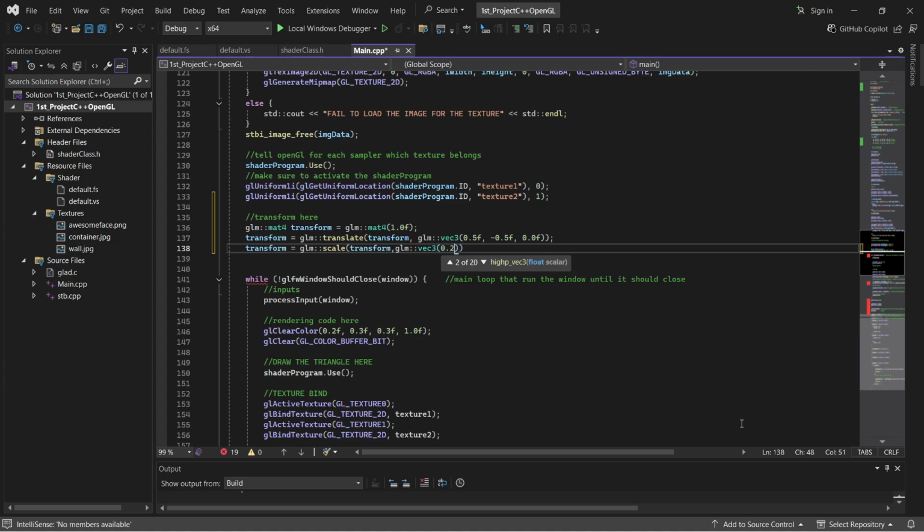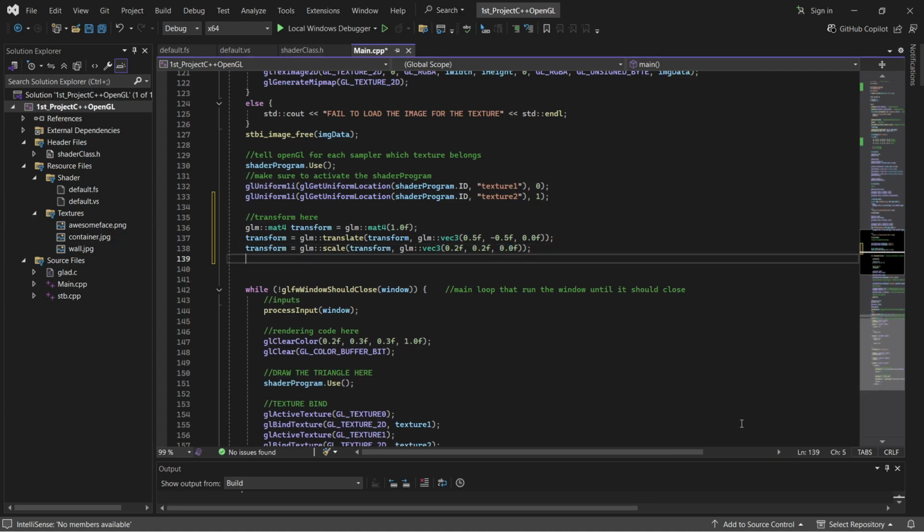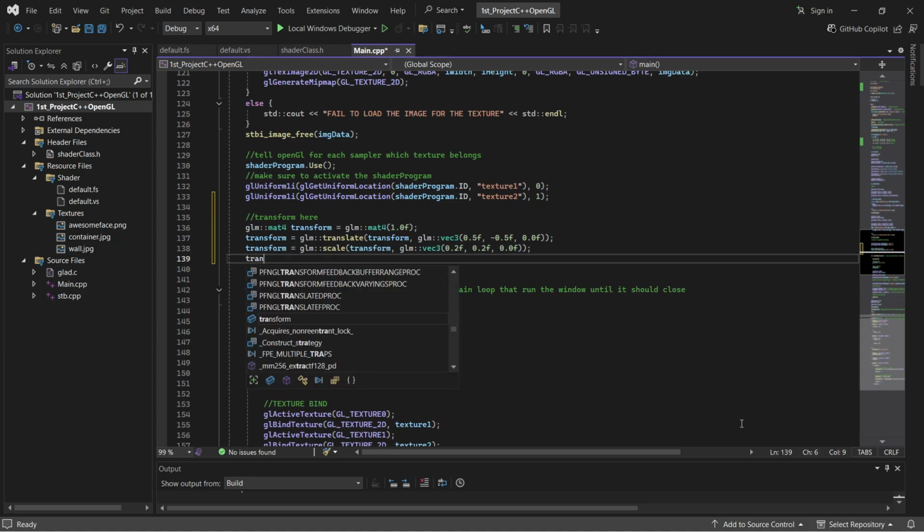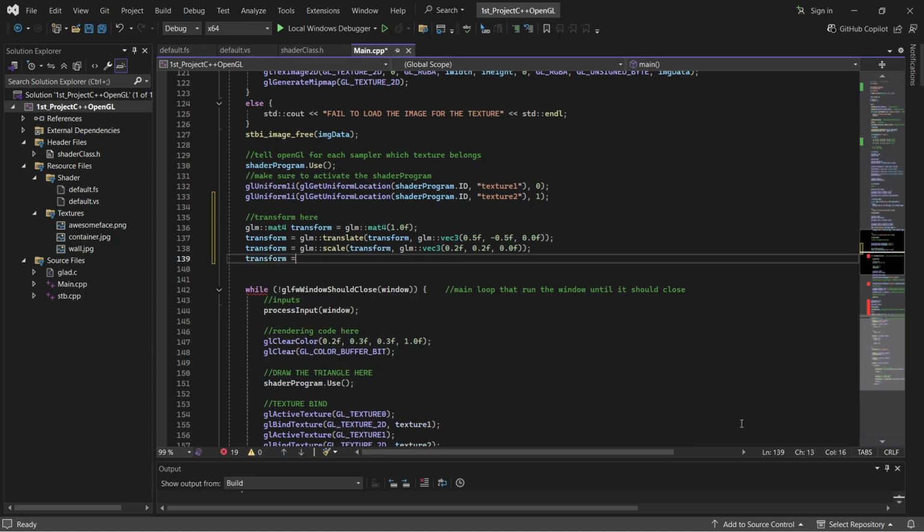No, that would be too much. 0.2 with x, y, and I'm not sure if I'm doing it on z axis, but I'm gonna do it on z as well. It shouldn't really make a difference though, since it's just x and y, not the z. Actually, you know what? I'm just gonna make it 0 for that sake. I'm translating it, I'm scaling it, and then rotate it,